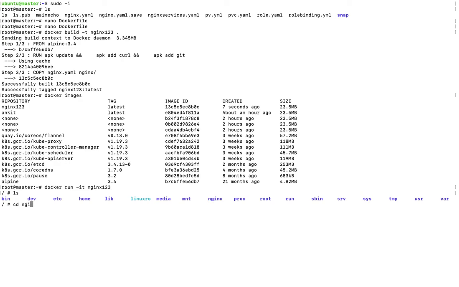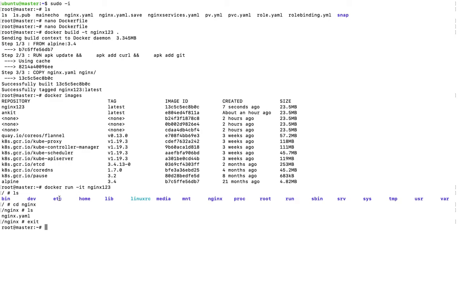If you go inside the directory, you can see nginx.yaml is copied from the host to inside the container. I am in interactive mode, that's why I came inside the container directly. If you want to go out from the container, just perform the exit command. This is how we can copy a file from the host to inside the container.